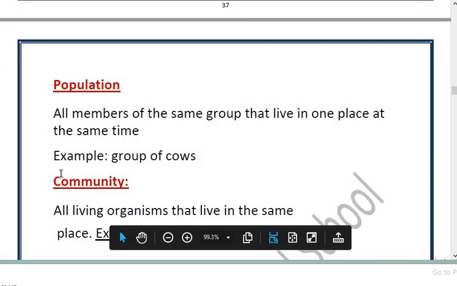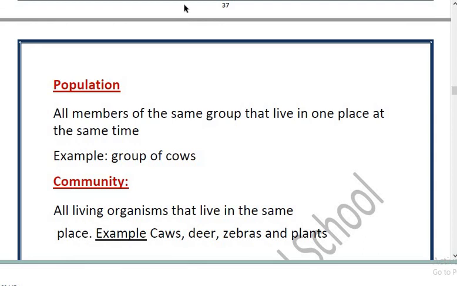Also, we will take some examples for the ecosystems. We will take the ocean, because the ocean has living and non-living. It has living things just like the fish, the dolphin, the shark, and non-living things just like the water, the sand. So it's called an ecosystem because it has both living and non-living. Also, the desert has cacti, plants, the camel, and also it has the sunlight, which is non-living, and the sand, which is non-living. So these are some examples of the ecosystem.